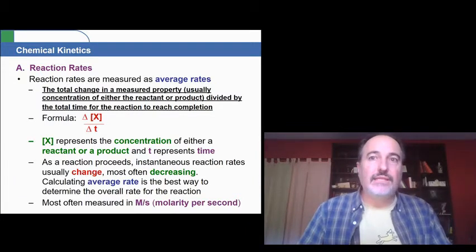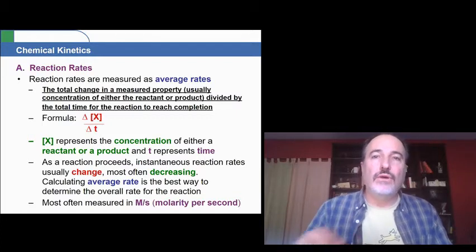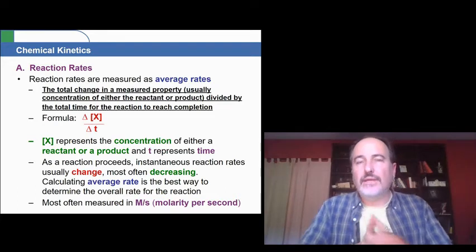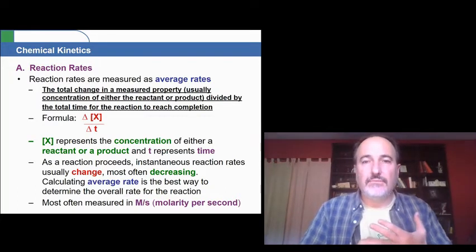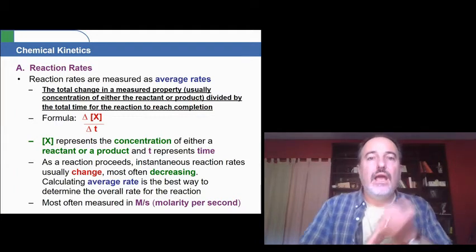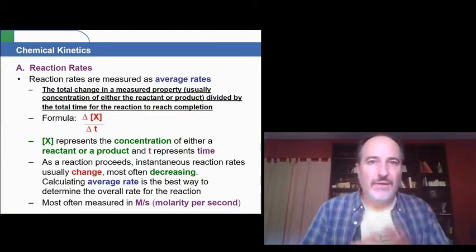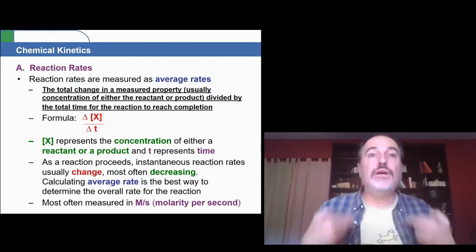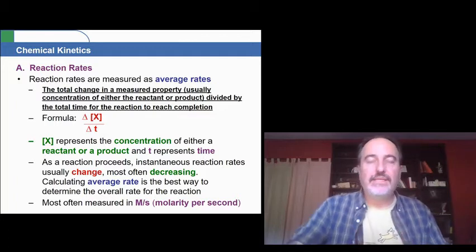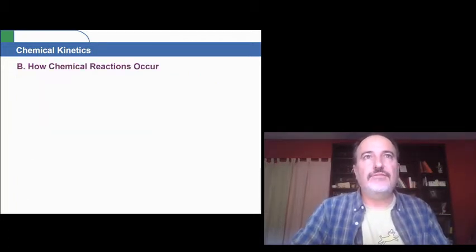Calculating the average rate is the best way to determine the overall rate of the reaction. And it's most often measured in molarity per second, or basically how fast the concentration changes per second. But don't worry, I'm not really going to have you guys calculate this. That's not as important. It's much more important to understand, instead of measuring reaction rates, what factors can affect them,